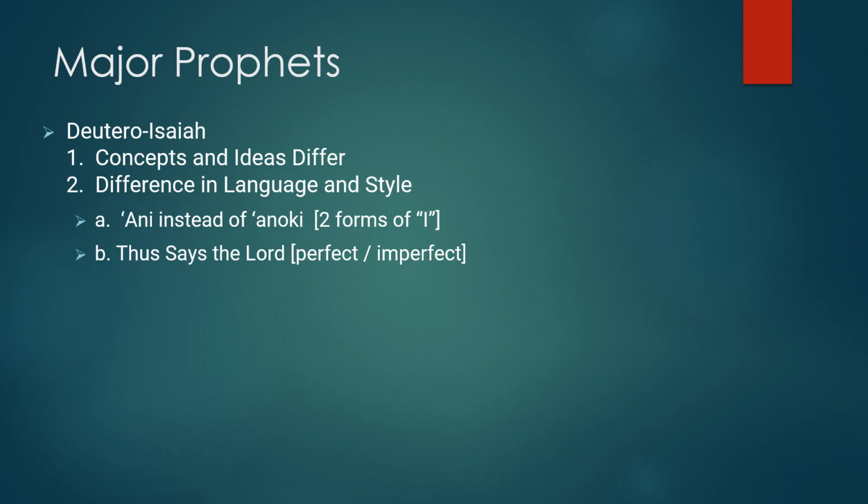Now that expression is very common in almost all the prophetic books. There is a variant to that expression in Isaiah, where instead of Kol Amar Adonai, you have Kol Yomer Adonai, with an imperfect tense to the verb instead of the perfect tense. In other words, Yomer is substituted for Amar. The perfect is replaced by an imperfect, and that variant appears only in Isaiah, and it appears in both sections